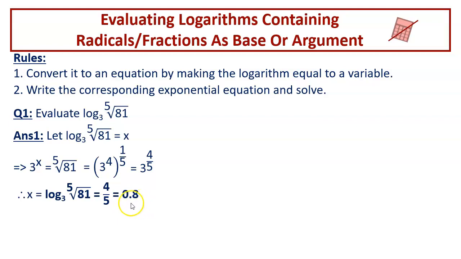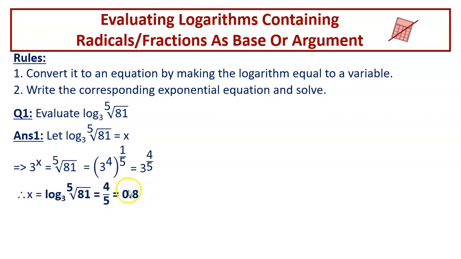This is not necessary. You may write this in decimal form. Of course, I have written this in decimal form because this is an exact decimal number. Do not ever convert a fraction to its corresponding decimal form if it is an approximate value. If the question asks to give the answer in decimal format, then of course you have to give up to 3 significant figures. But otherwise, if you are asked to find the value of a logarithm and you are seeing it is 4 over 3 instead of 4 over 5, and you want to convert 4 over 3 to a decimal number,